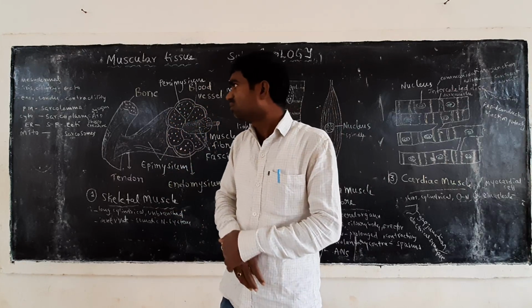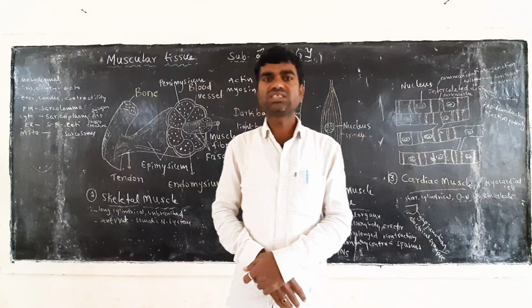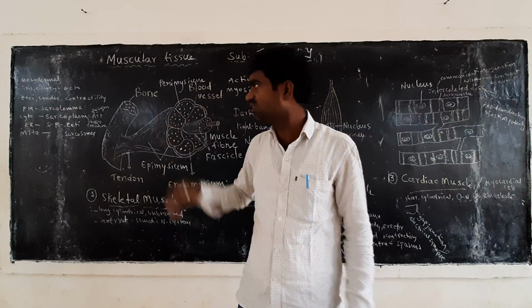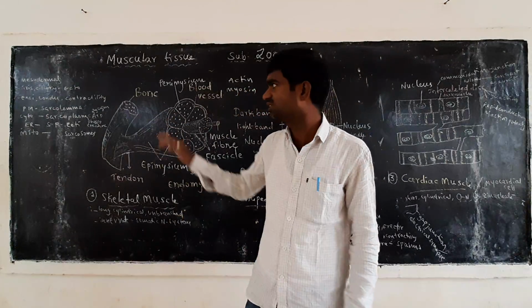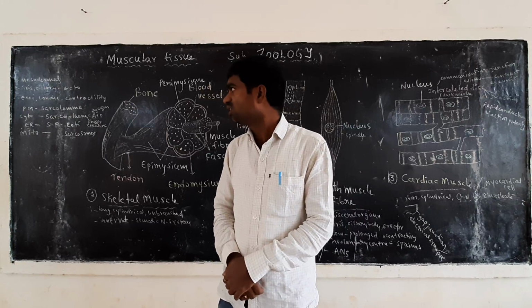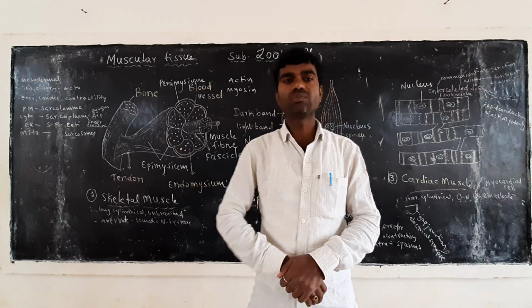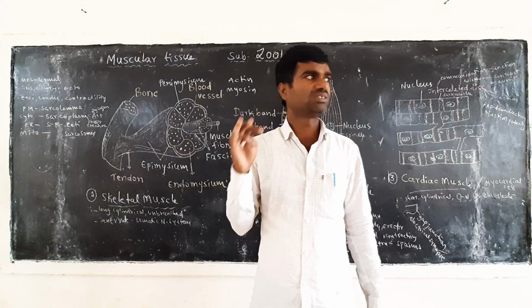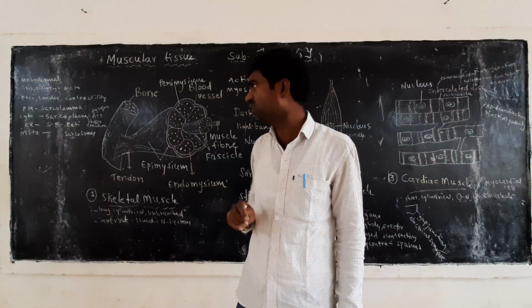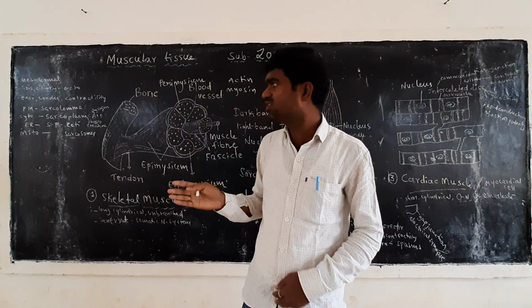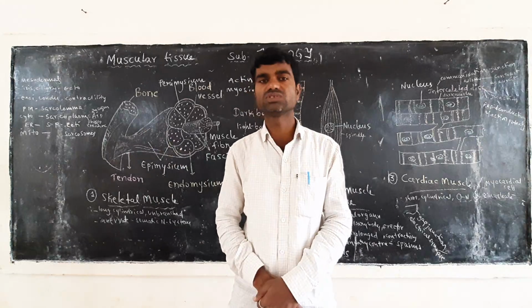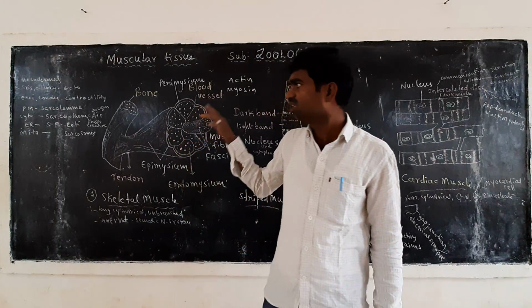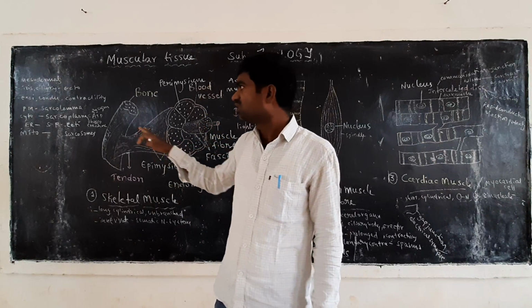In the muscle tissue, if the plasma membrane is present, it is called the sarcolemma. If cytoplasm is present, it is called sarcoplasm. If endoplasmic reticulum is present, it is called the sarcoplasmic reticulum. If the muscle tissue contains mitochondria, they are called sarcosomes. Here, in these tissues,